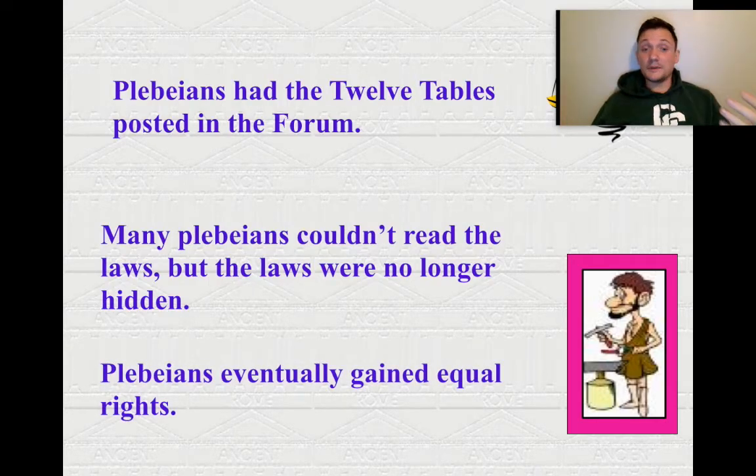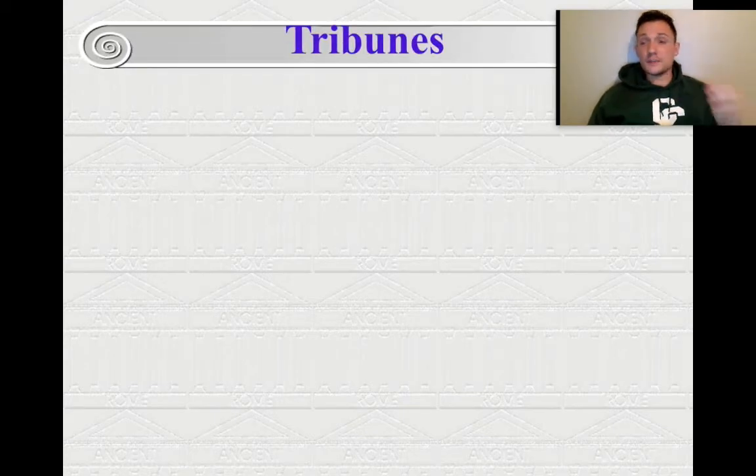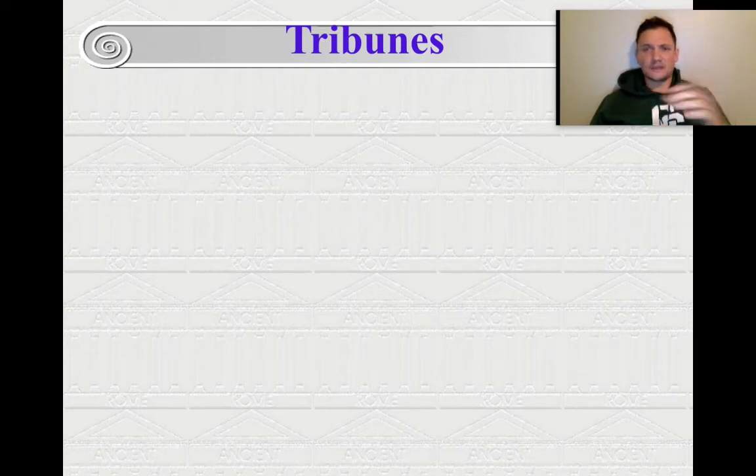Now, plebeians also eventually are going to gain equal rights in all things considered, right? But remember that this is supposed to be the most fair system of government, and it took them over 400 years to get it right. Now, these people were really, really important. They were added to the government to try and make it fair, right? So notice that the main thing about this whole system, though, is that there's no one person in complete control unless it's during a time of war, right? And that person, again, of course, is called the dictator. Good job. The tribunes are very important, though.